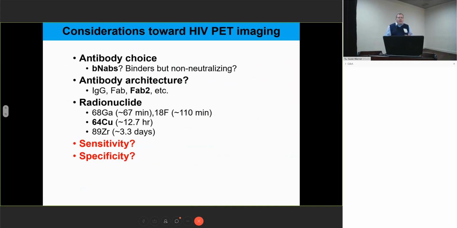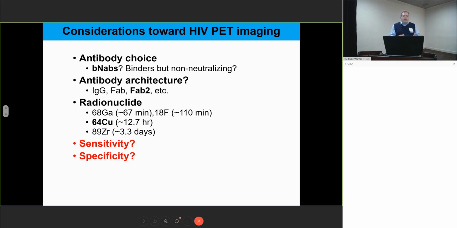Okay. So if we're going to move on to HIV, what are some of the considerations? And there are other folks. There's a group in San Francisco, I think, that's doing people, and a group in Australia. They are using whole antibody, first of all, and they're using bNAbs, and they're using basically parts and pieces that have been used in cancer. The question, though, is, and I'm really hopeful that they're successful because I think it'll really help spur the field in terms of where we started.